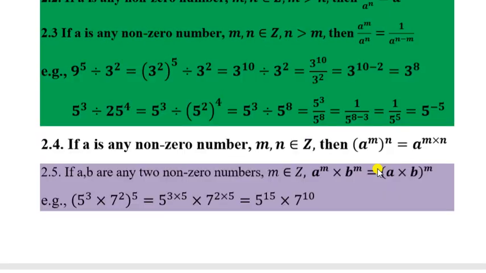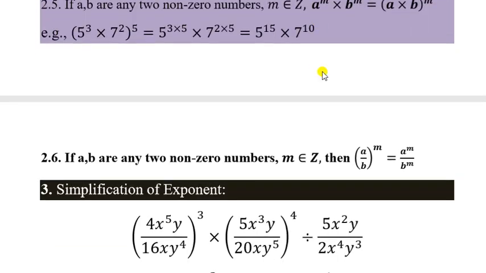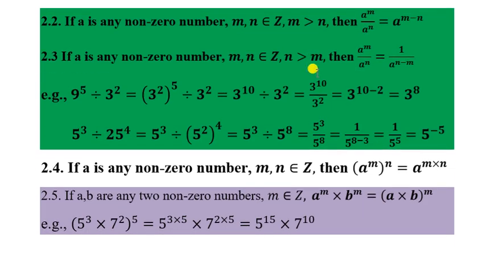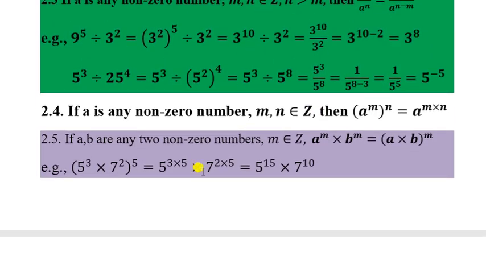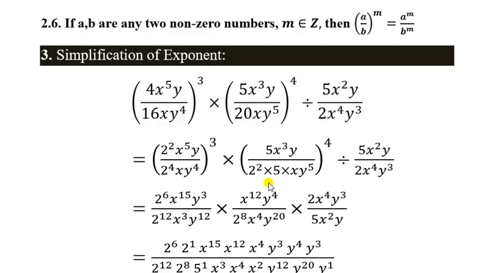And next, one more formula or law is given here. That is, for division it is very easy. a to the power m by b to the power n, that means the exponent will come to a also, and will come to b also. This sixth law you have to learn with the help of examples, and from this law you have to make a basic concept, and with the help of this concept you have to simplify all your given exponential forms.